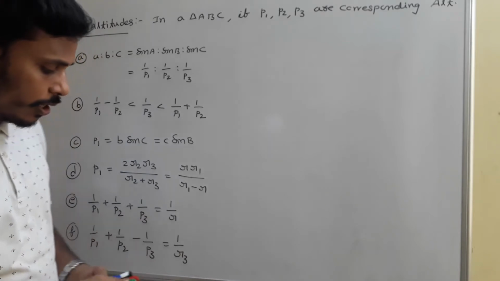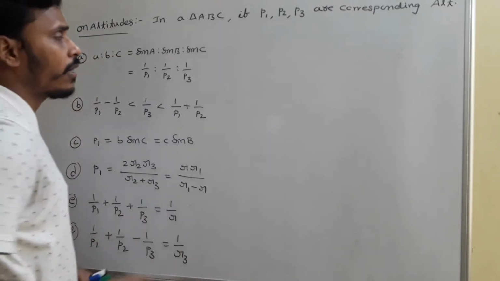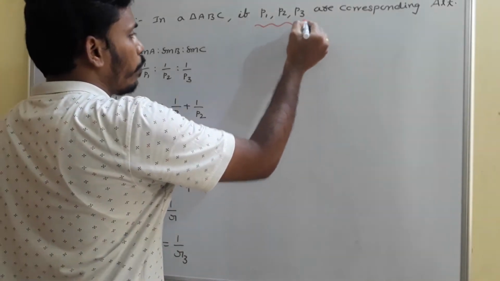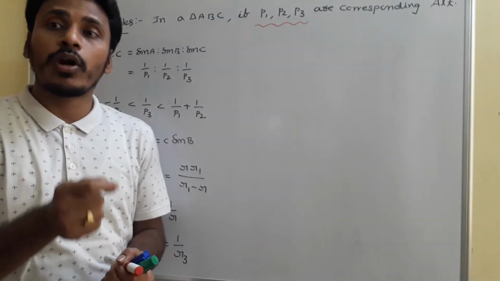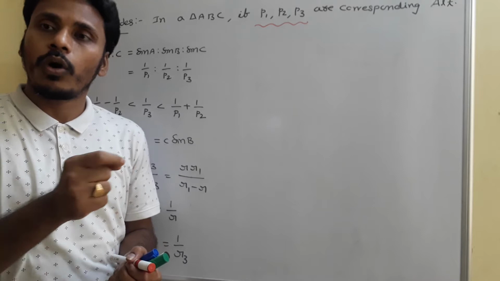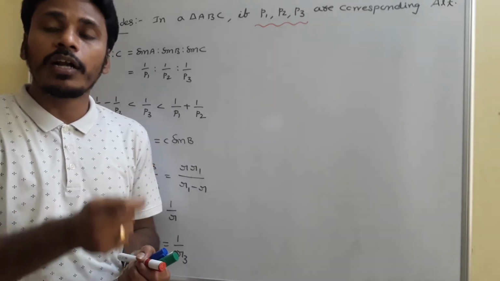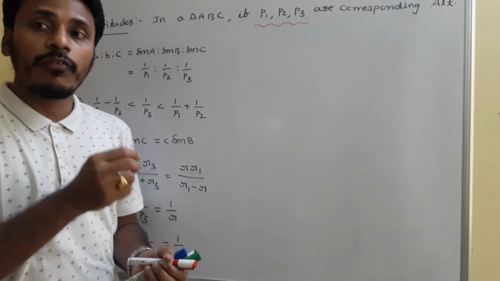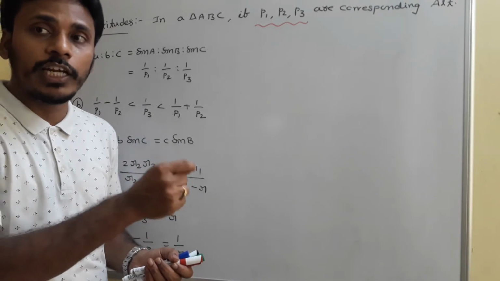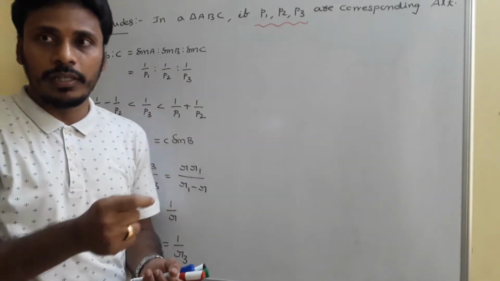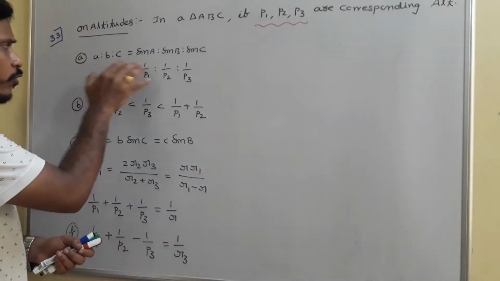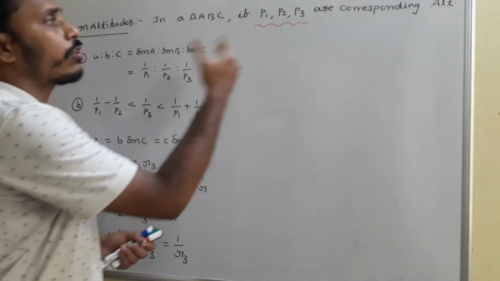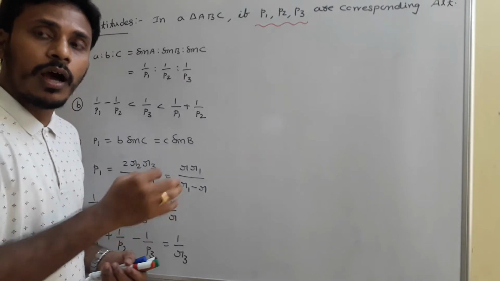These notations are true or acceptable for each and every problem. And here in particular, special terms are given, and these are P1, P2, P3. And what are these P1, P2, P3? They are the corresponding altitudes. So first of all, what is an altitude, how many altitudes are there in a triangle, and where we need to locate these P1, P2, P3? All these things we need to discuss. Actually the problem starts with this, but before that we need to learn about altitude.